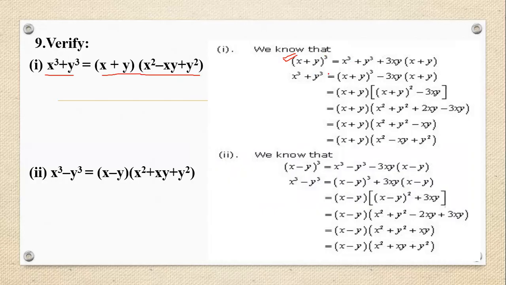So if you take x cube plus y cube, and one side is to be transposed towards the left side, then it becomes (x plus y) whole cube minus 3xy (x plus y). So x cube plus y cube can be written as the difference of these two terms, the cubic binomial (x plus y) cube and the difference of this 3xy and (x plus y). So this is what you can see. We have written x cube plus y cube in terms of this, rearranging the identity.